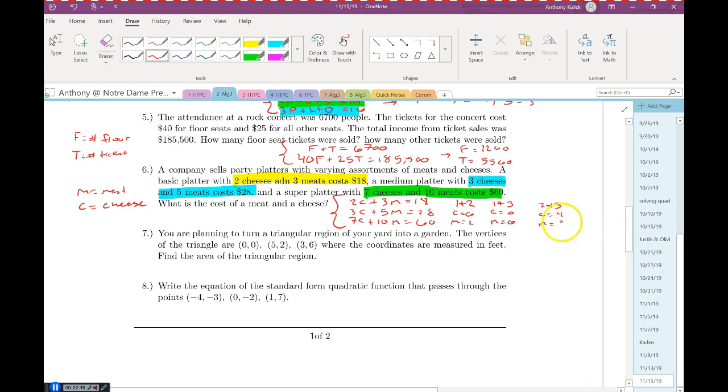What can I say about the pricing model at this deli? It's not consistent, right? Is that typically a good way to run a business? Probably not. Funny story, the reason that I wrote this problem this way, where we have some inconsistent pricing going on,